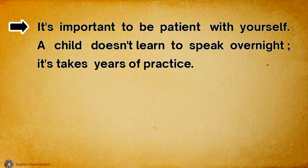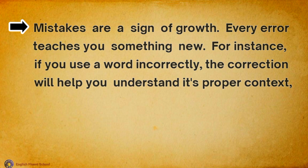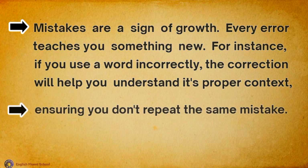It's important to be patient with yourself. A child doesn't learn to speak overnight. It takes years of practice. Similarly, you might stumble, forget words, or make mistakes, and that's completely normal. Mistakes are a sign of growth. Every error teaches you something new. For instance, if you use a word incorrectly, the correction will help you understand its proper context, ensuring you don't